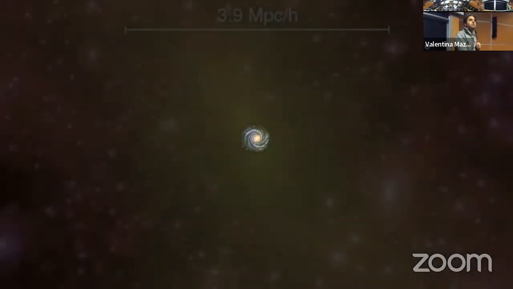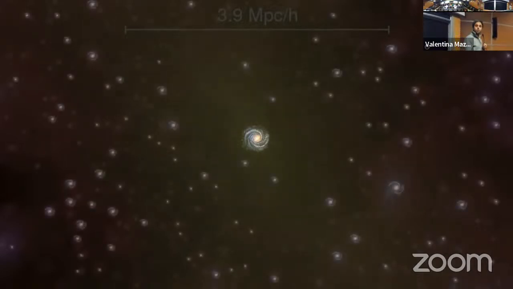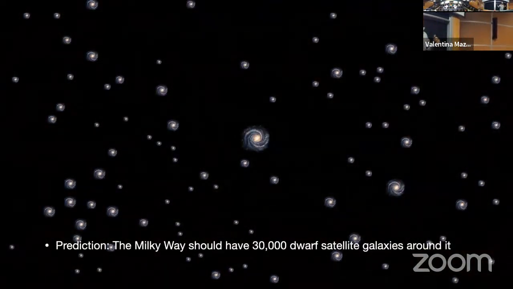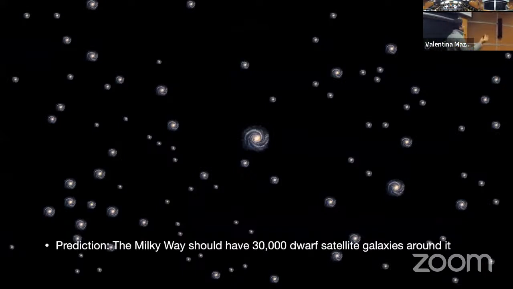But wait a second, there was a little bit more to it, right? The dark matter wasn't really smooth. Why is it that all these other dark matter clumps around it don't have a galaxy in there? Shouldn't they have all the tiny galaxies in there? That was the theory, right? That big dark matter halos have bigger galaxies, smaller dark matter halos have smaller galaxies in there. So in fact, when we look at the predictions of cold dark matter, which is our standard theory of dark matter, the standard